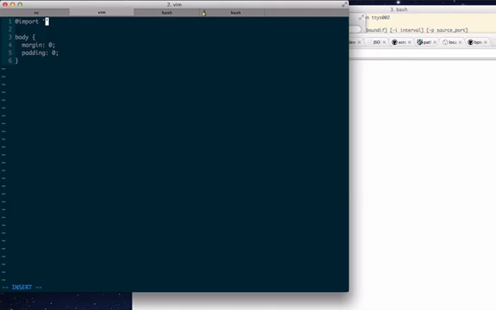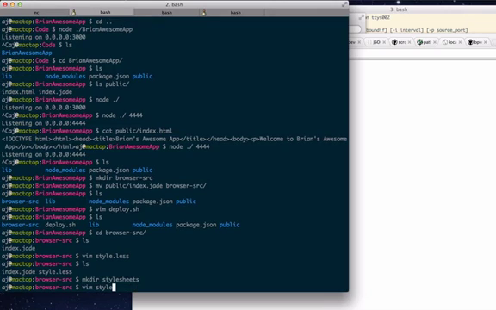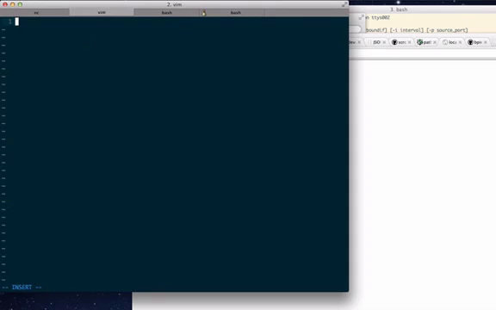This is where we give it, I'll just call this home. Right? I think that's how this works. So I'll just go ahead and do stylesheets, stylesheets, home.less,